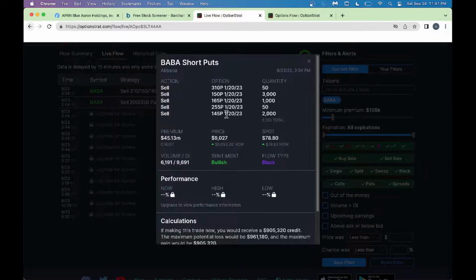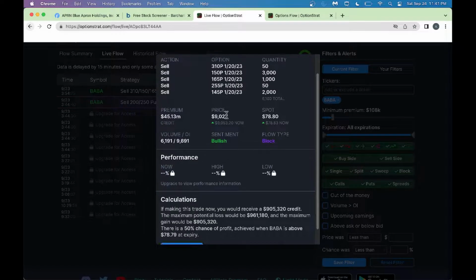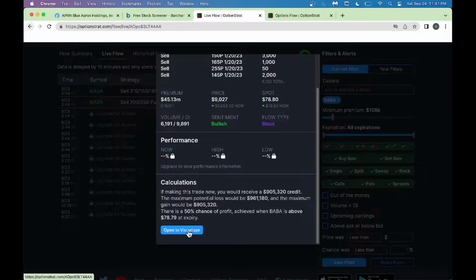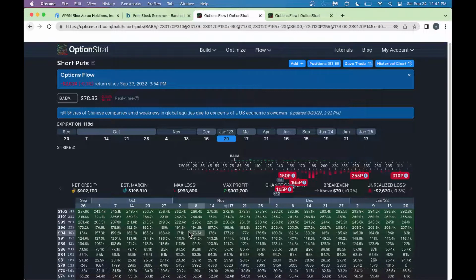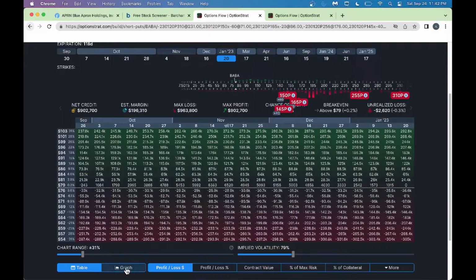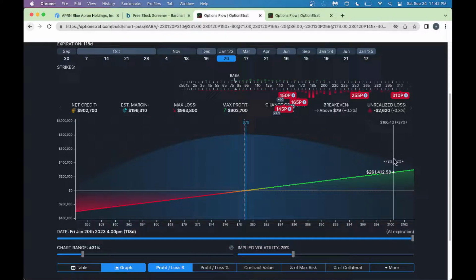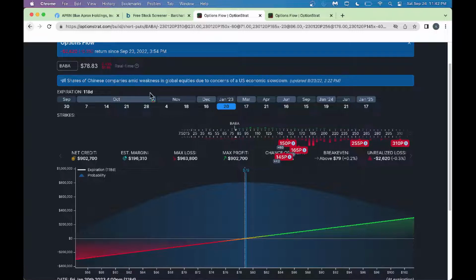Nice thing here, we can do one thing. We can copy this here and see what's going on. Let's open in the visualizer and see what's going on here. Look, we've got the strategy here. Folks are really doing some big trade here, as you can see. Let's go back to the graph here and look at the graph. Look, we've got Alibaba here. Alibaba is $78, as you can see on the top here. And shares of Chinese companies are weak